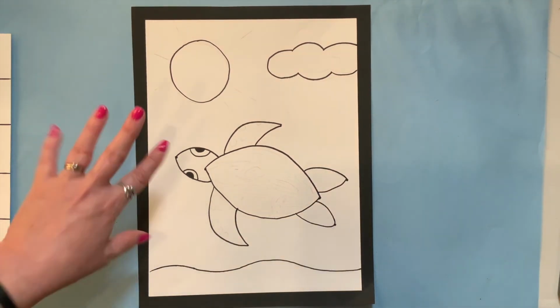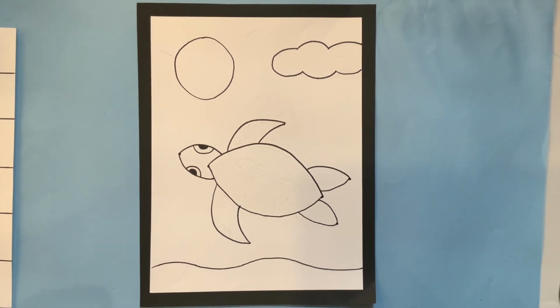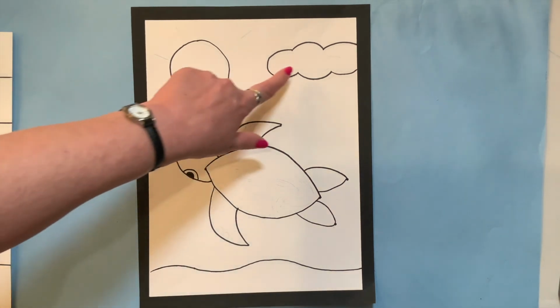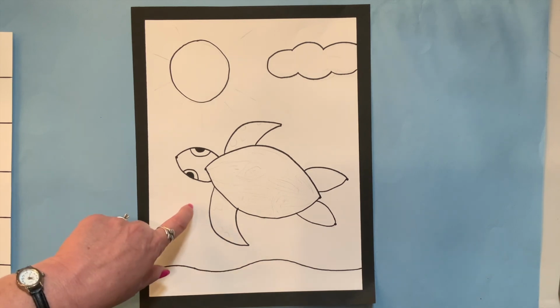All right, now looking at our picture, what do you think this is a picture of? Tell your neighbor what you think it is. Oh, I heard the answer. Oh, I heard the answer several different times. Awesome. This is a sea turtle. And a sun, the clouds, the sand, because the turtle lives in the